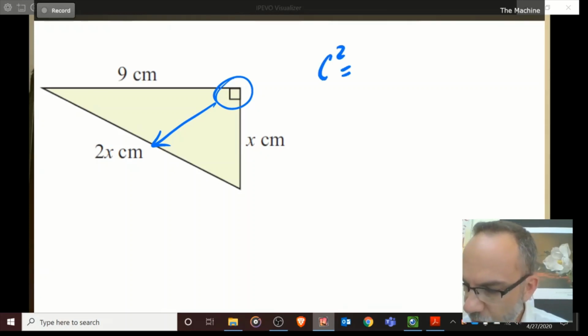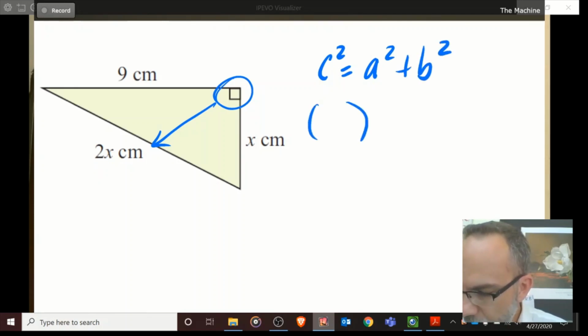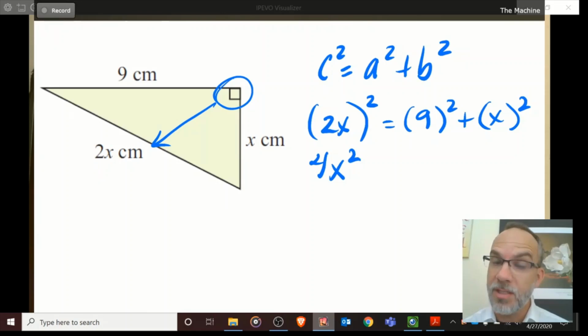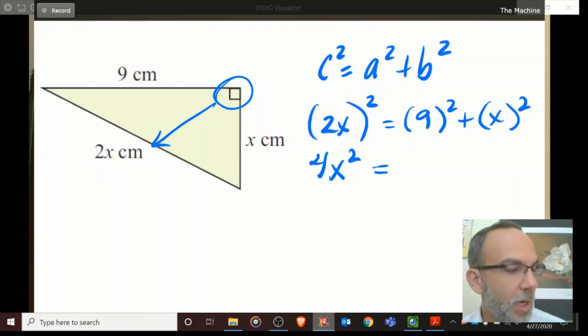C squared is equal to a squared plus b squared. Replace the c with what it is. What is it? 2x with parentheses squared is equal to 9 squared plus x squared. So if I simplify, this becomes 4x squared. Do you see now why I needed the parentheses? It's the entire group. The base is 2x, not just x. 4x squared is equal to 81